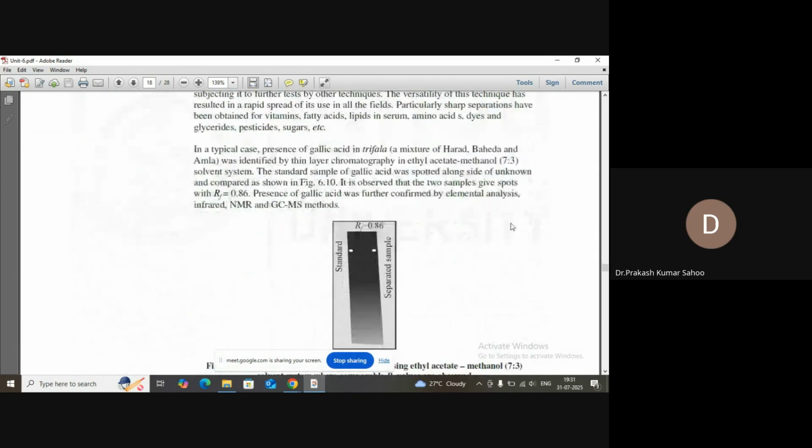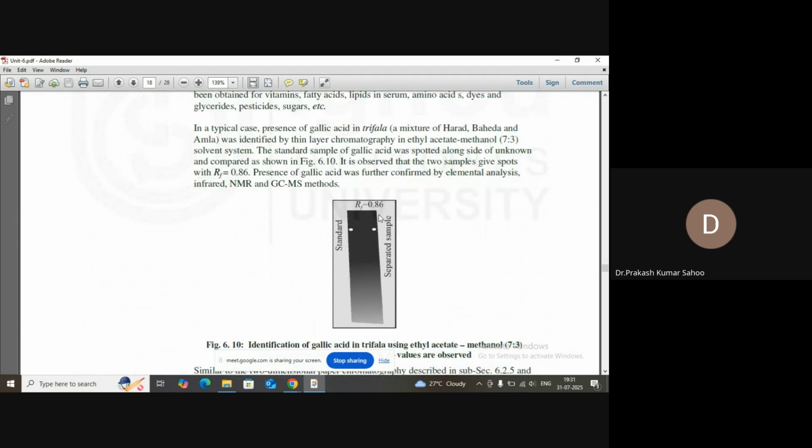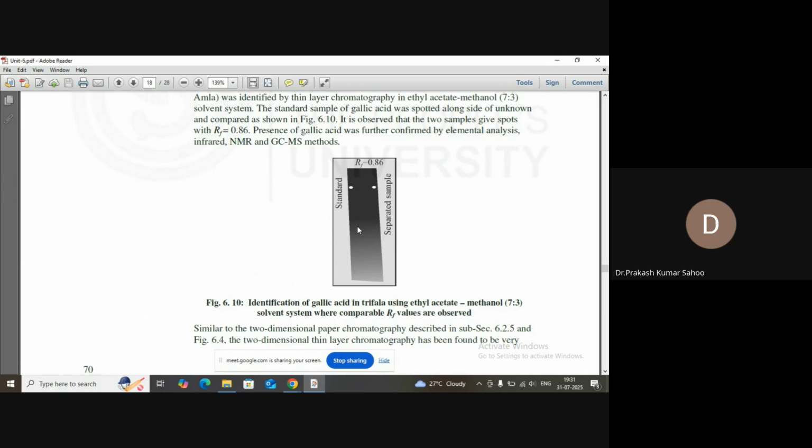In the same way, just see here, this is the HPTLC we have for gallic acid in Triphala